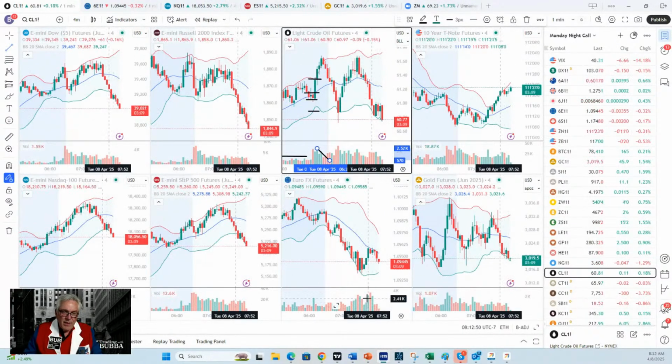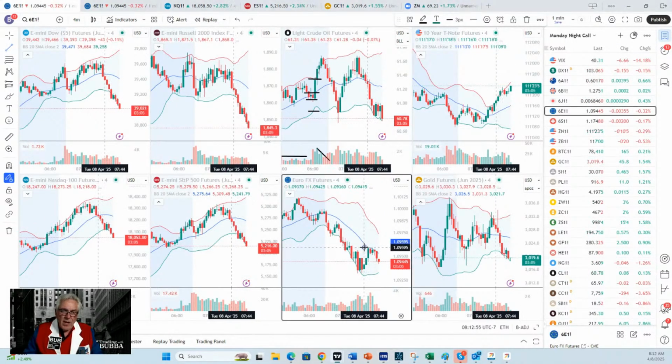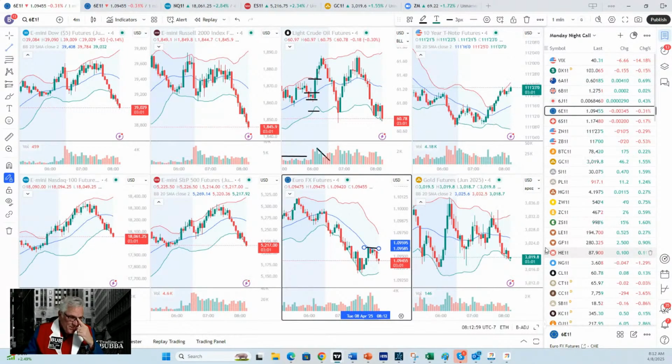In fact, this would have been a potential sell here. We didn't make the trade, so I don't call trades that I didn't make. I don't want you to think I know more than I do. I think it's just easier, but that could have been a potential opportunity. Okay, and so far it looks like a pretty good deal that we got out of our